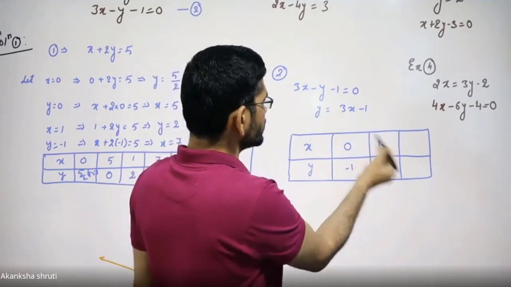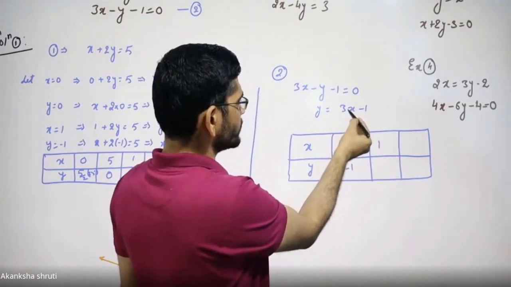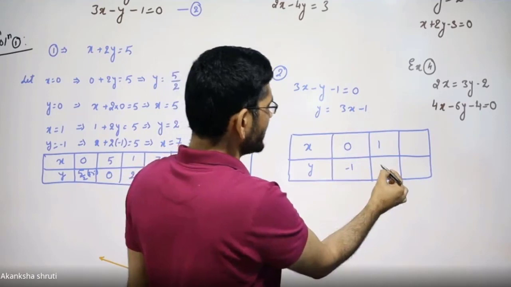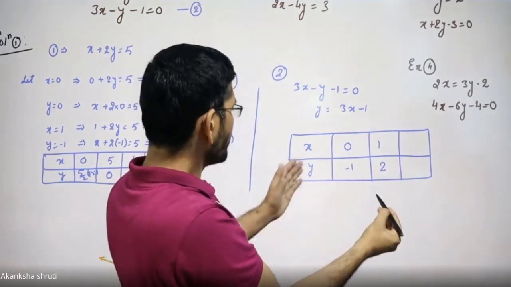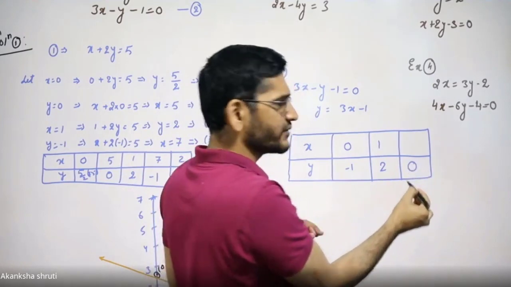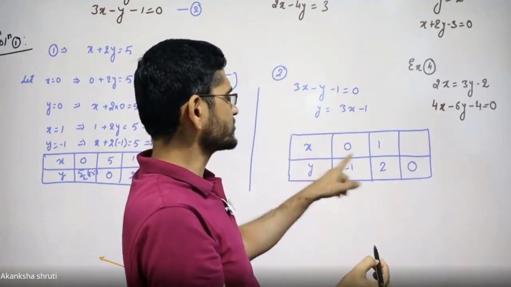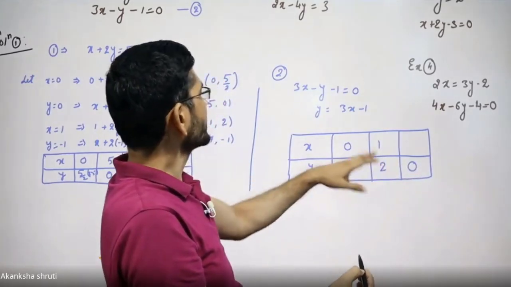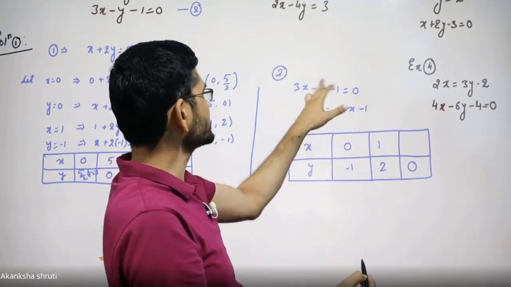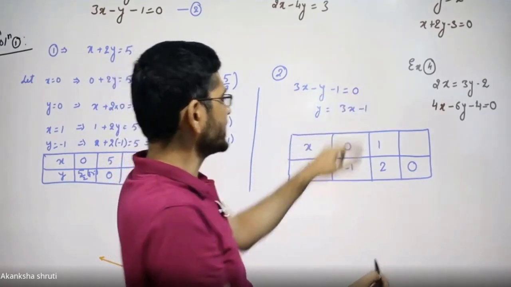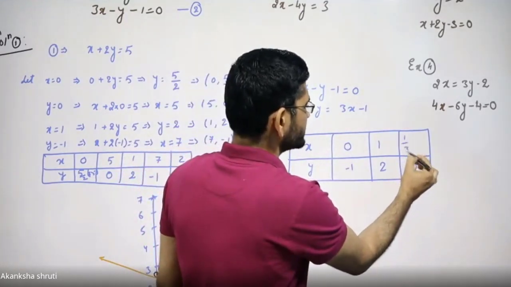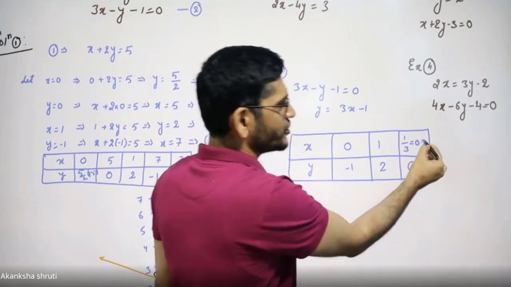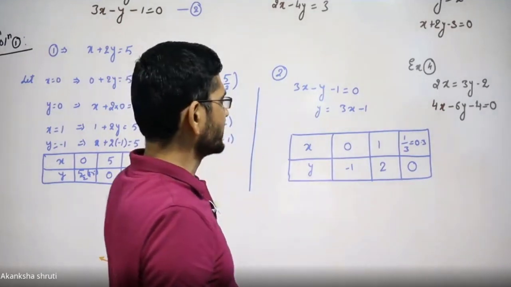Let us take x is equal to 1. Substitute here, x is equal to 1. The y becomes 3 into 1 minus 1, so it is 3 minus 1, it is 2. We may take y is equal to 0 also. That is more convenient. So always choose once x is equal to 0, another time y is equal to 0, but write it properly in this table. Choosing y is equal to 0, the x obtained will be 1 by 3, or it is like 0.33. So the approximate value you need to take is only 0.3. Even we can choose more.